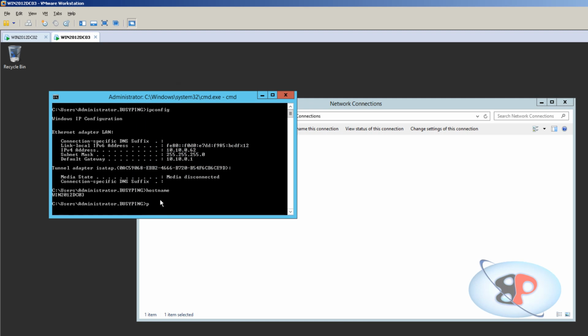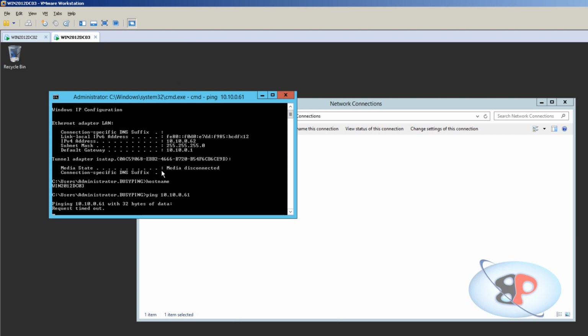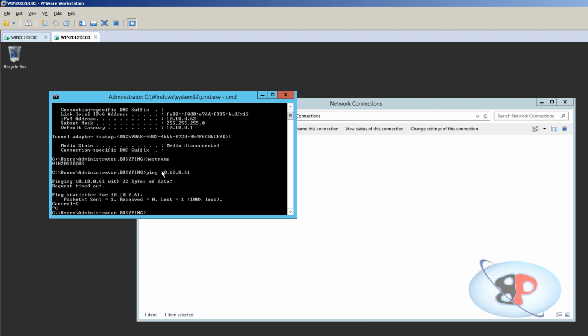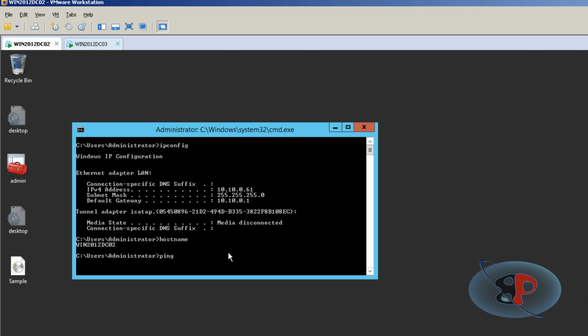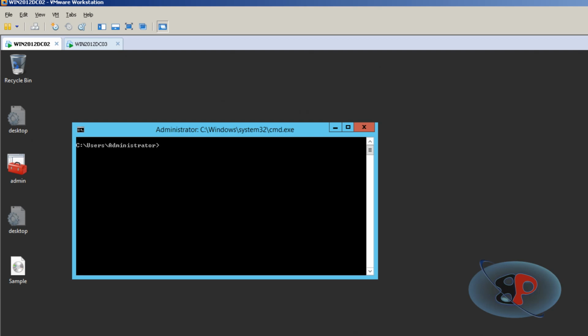I will not be able to ping the other server, which is 10.10.0.61. You see this? It will come out with request timed out because they are on a different LAN segment, they are on a different subnet. So it's just like they are connected to two different switches. So it's the same from here. It's 10.20.0.62. Right? So now what I'm going to do is I'm going to introduce two routers in between these two